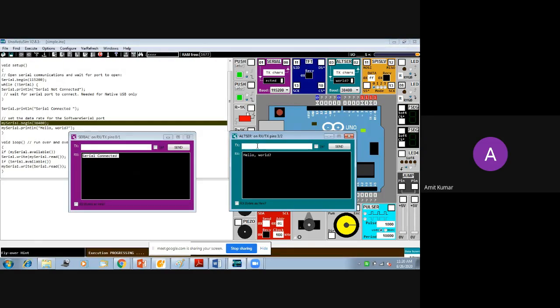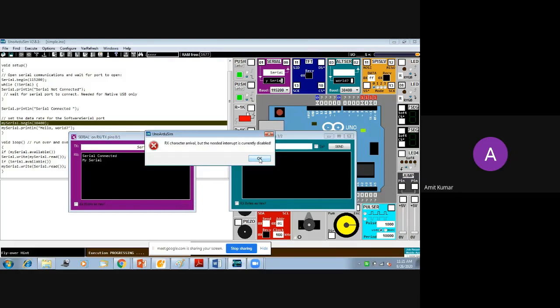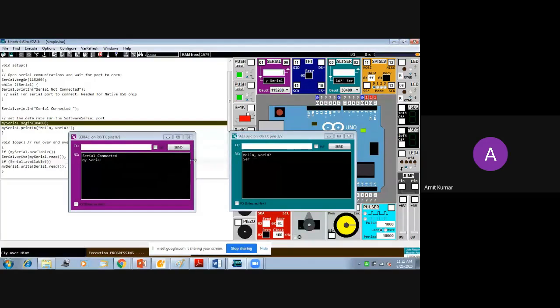Here I will type my serial. So this is alternate serial, and you send. It will be available in the serial port. Here if you write serial, this will be available at the... so you are having some error. This kind of error will be there.